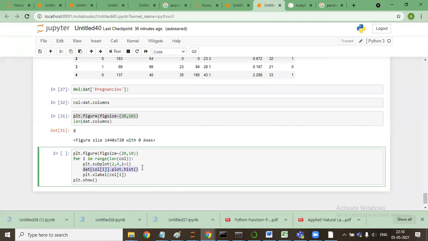Where we pass two variables x and y, that is bivariate. Histogram is univariate, where we plot a single value. That's why I use hist.